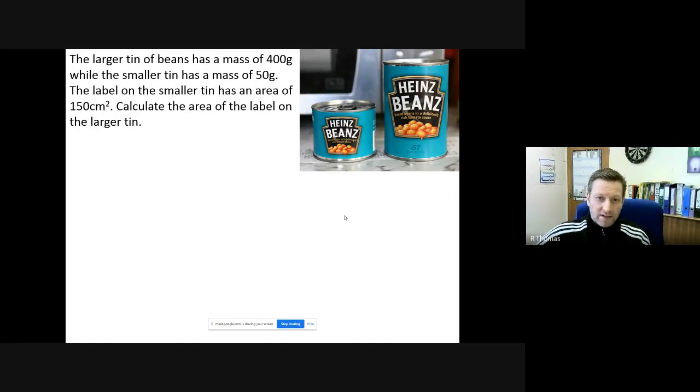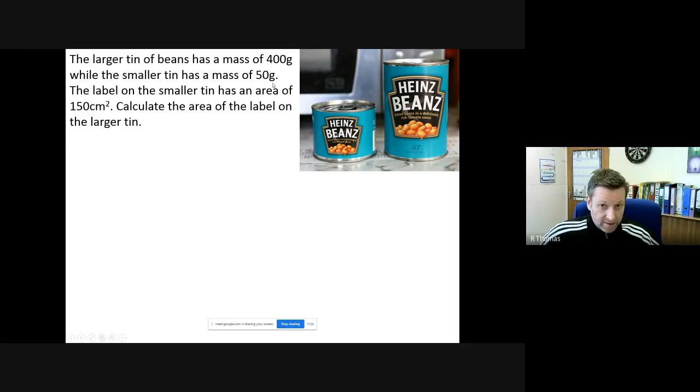Right, 2 cans of beans. The large can has a mass of 400 grams and the smaller can has a mass of 50 grams. Now you all know that density is mass divided by volume. The density of the cans and the beans are going to be the same. So effectively, those values of mass are the same as referring to a volume, right? So we can use the 400 and the 50 as volumes. So I can divide them to get the volume scale factor, and I can cube root that to then get